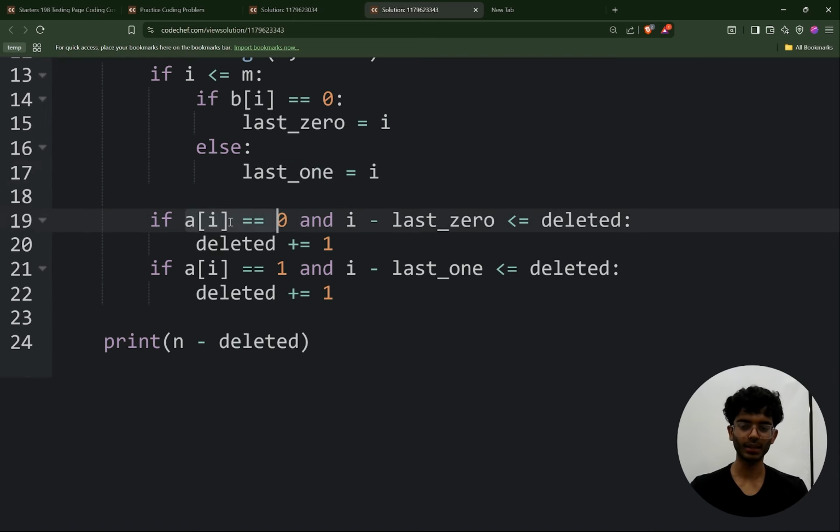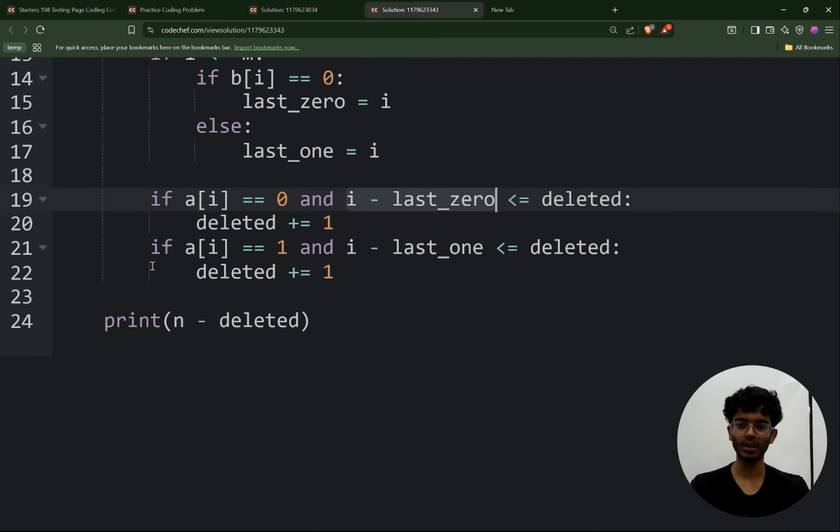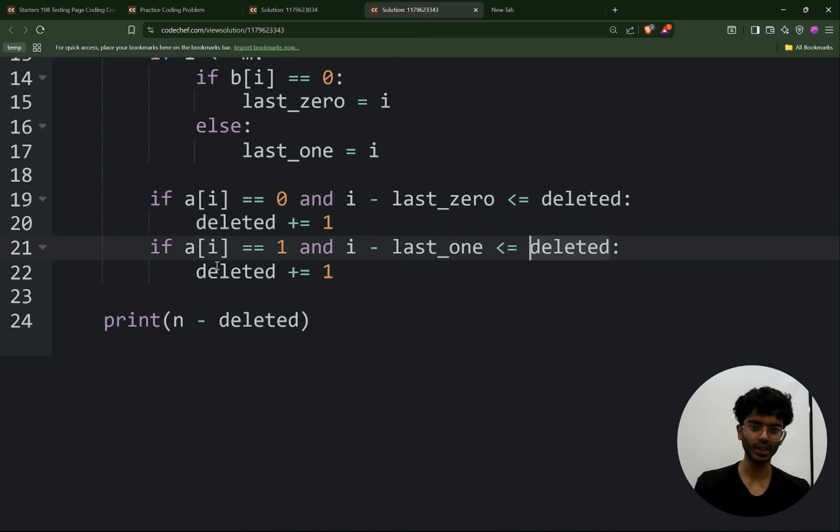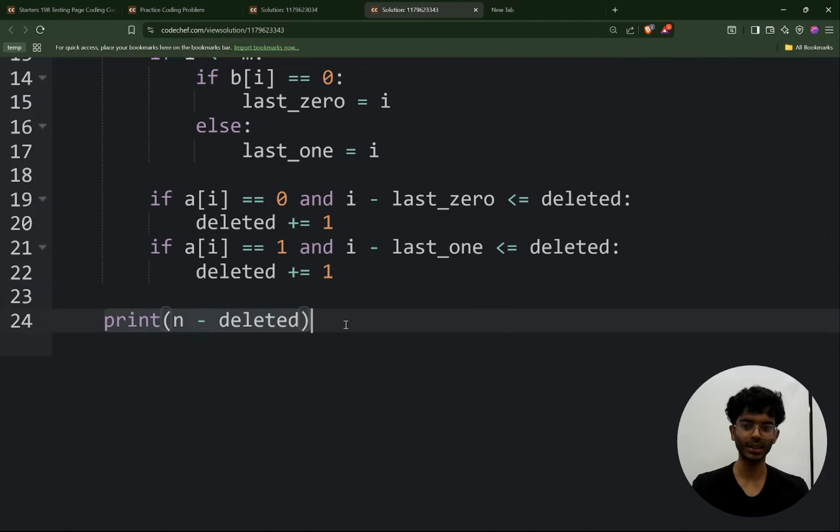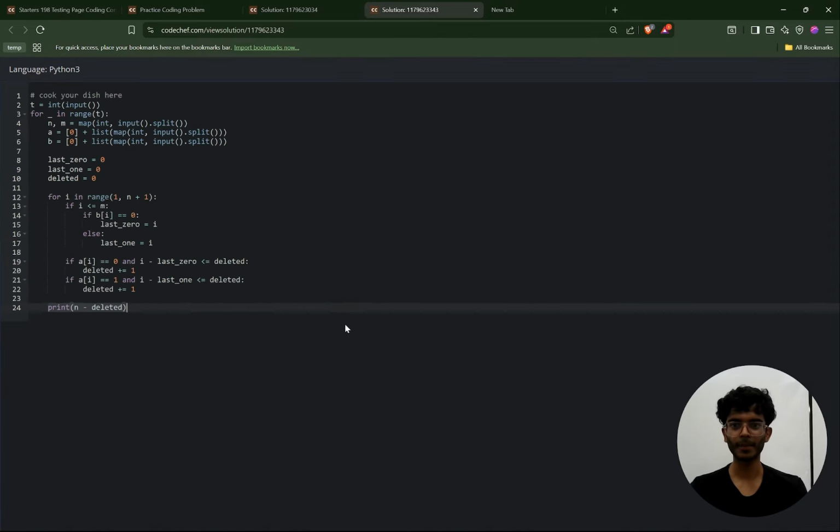Now, if my current element A of I is equal to 0, and the distance between my I and the last zero I got in B is less than or equal to the elements I can delete, that means I can delete some elements, bring this I at the same position and delete this I as well. And similarly, if A of I is equal to 1 and I minus last one is less than or equal to deleted, I'll increase the count, and in the end we'll simply print n minus deleted. The time complexity would be O of n because we're just running a